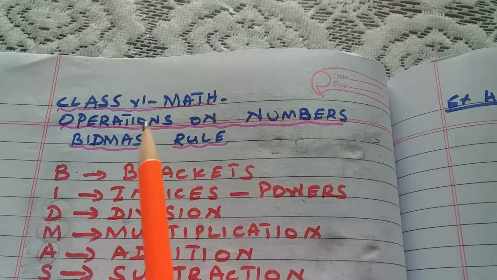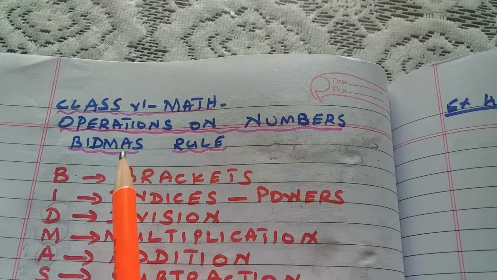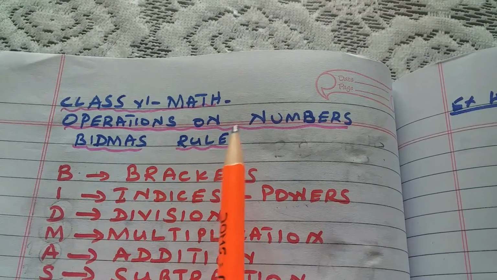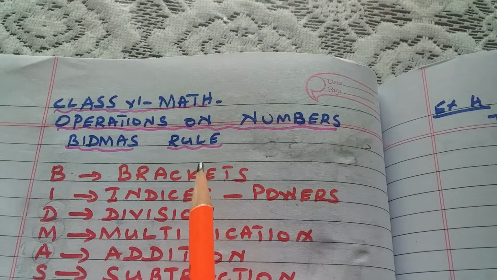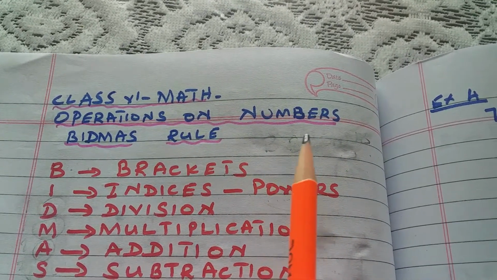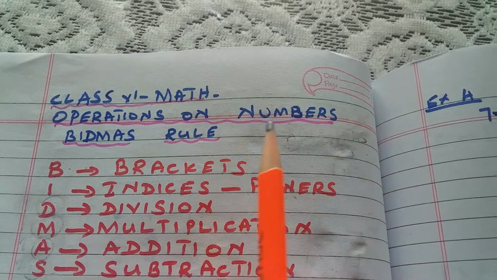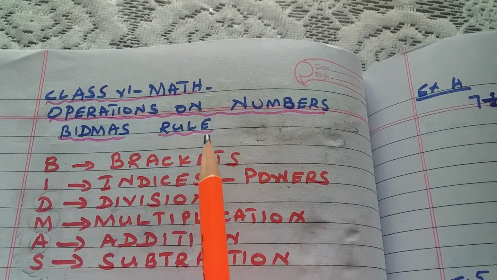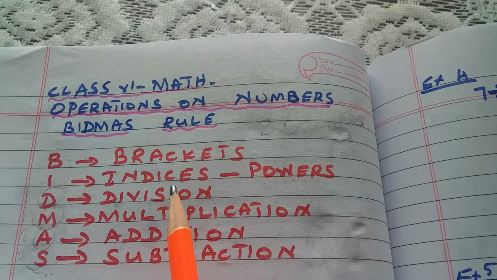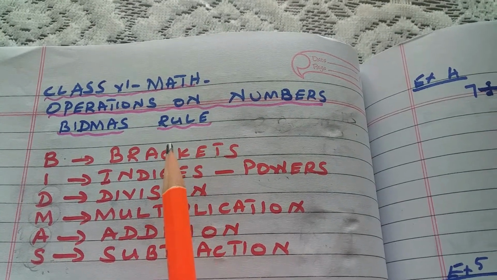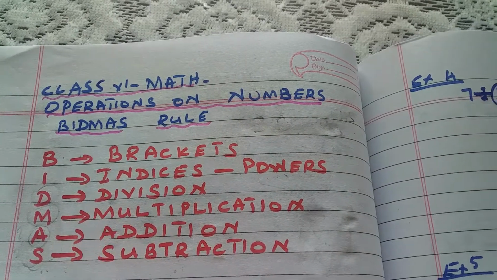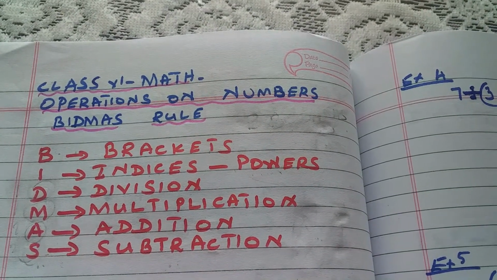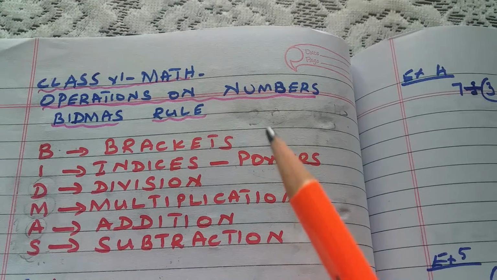Today we are going to see Class 6 Maths Chapter 1 Numbers, in which the topic is operations on numbers. So far we have been doing sums and problems in addition, subtraction, multiplication and division. That is, every sum had only one operation. Now we are going to do a sum which involves more than one operation, that is 2 or 3 or 4 operations: addition, subtraction, multiplication and division. All the 4 operations we are going to have in the same sum. So how to do that sum?